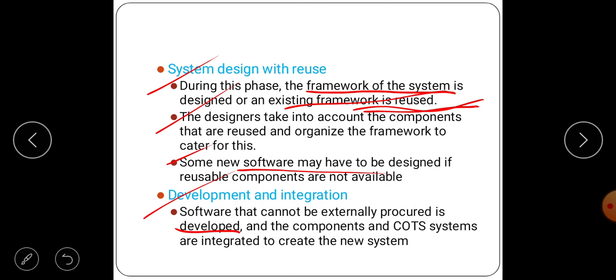The components and COTS systems are integrated to create the new system. Means the software that is needed is developed, and the components and COTS systems are integrated. What is meant by COTS? Commercial off-the-shelf is the term for software products that are ready-made and available for purchase in the commercial market.